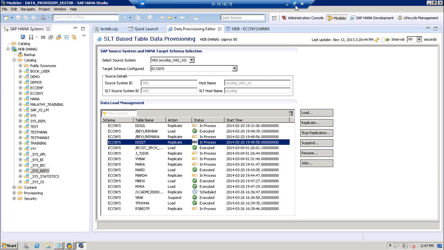When you have a data source like BW or a file system or a non-SAP system, you try to leverage BODS as a data provisioning tool. When you have a simple flat file from a mainframe system or a legacy system, you simply use the HANA Studio import wizard to load the data directly into the table. So to answer your question about what algorithms there are: SLT is one way, BODS is another way, flat file is another way, DXC is another way. It all depends on the tools.